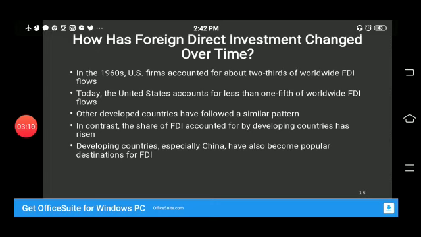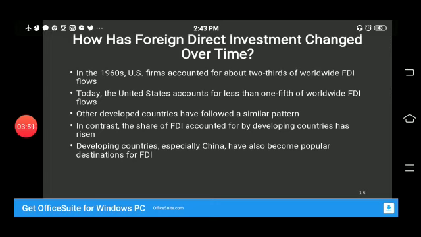How has foreign direct investment changed over time? A similar trend is taking place with regard to the foreign direct investment. In the 1960s, the US accounted for over 66% of the worldwide foreign direct flows. Britain was a distant second with just 10% of the worldwide investment flows. Today, investments by developing nations are on the rise, while the stock and the total cumulative value of foreign investment by the rich industrial countries is falling.